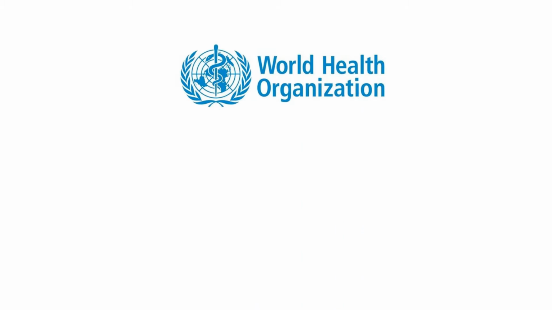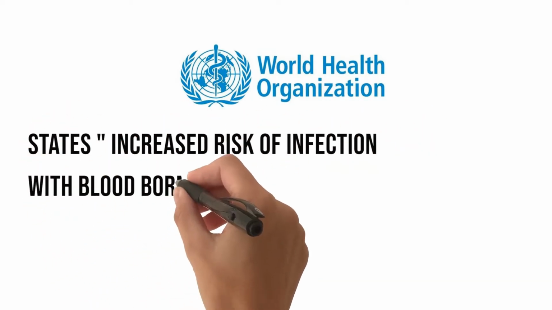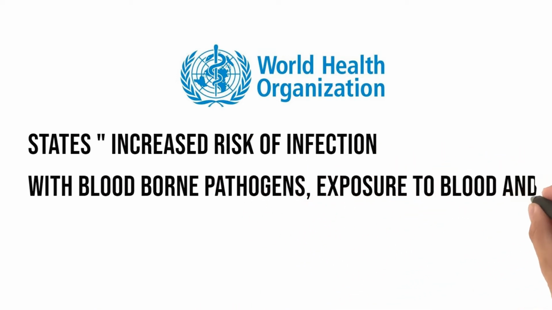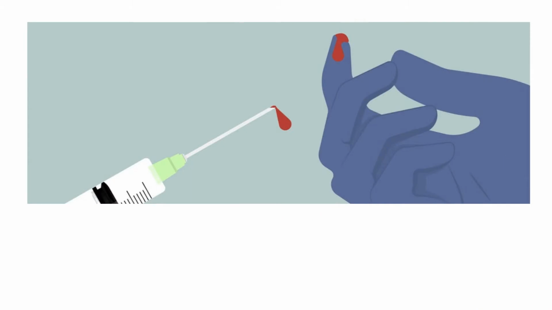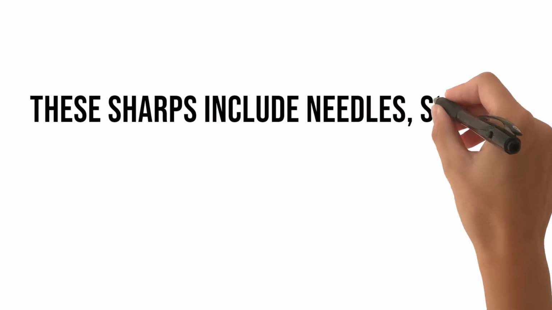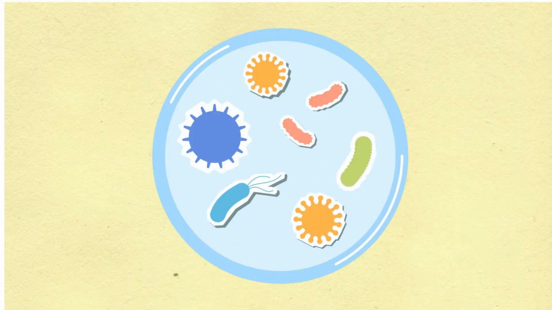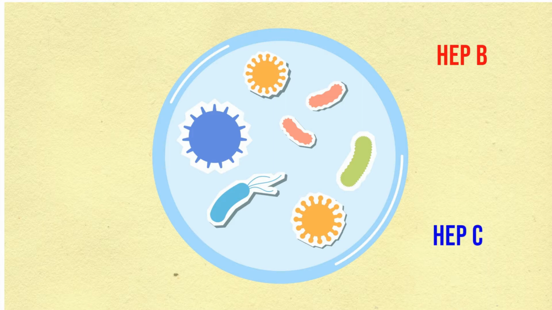According to the World Health Organization, healthcare workers are at increased risk of infection with blood-borne pathogens because of the occupational exposure to blood and other bodily fluids. Most exposures among healthcare professionals are caused by percutaneous injuries with sharp objects contaminated with blood or bodily fluids. These sharps include needles, scalpels, lancets, and broken glass. The pathogens most commonly transmitted to healthcare workers in occupational settings are hepatitis B, C, and the human immunodeficiency virus,